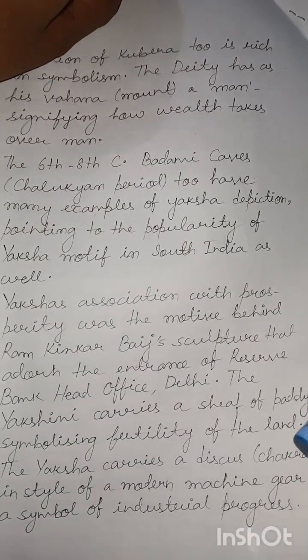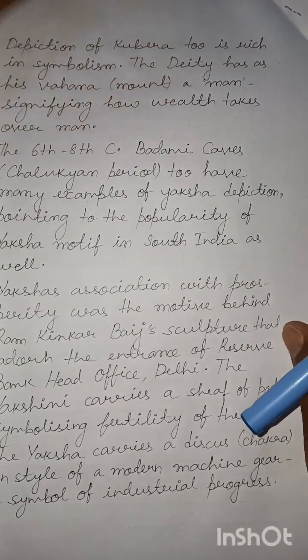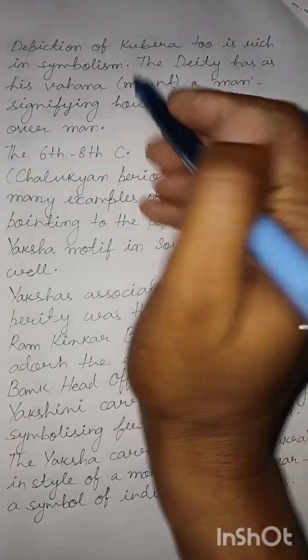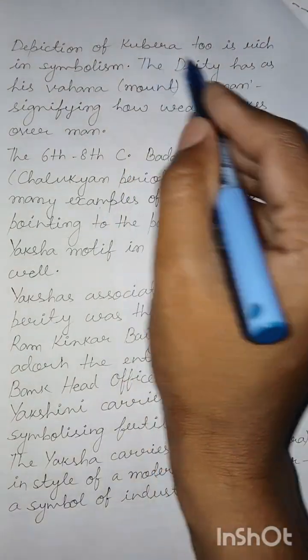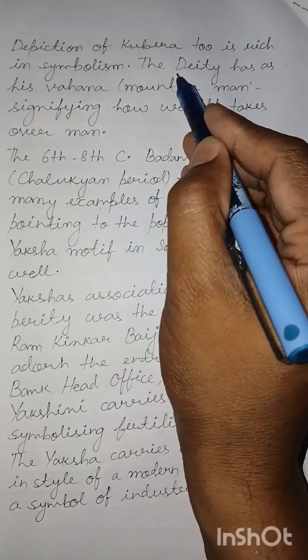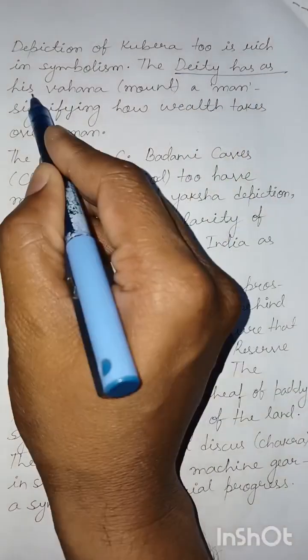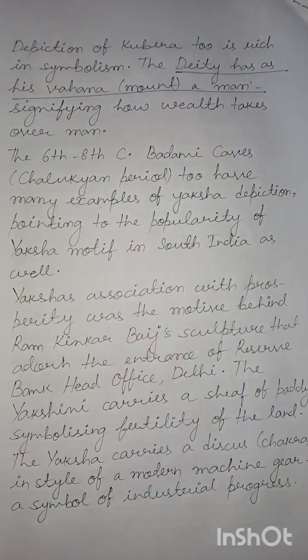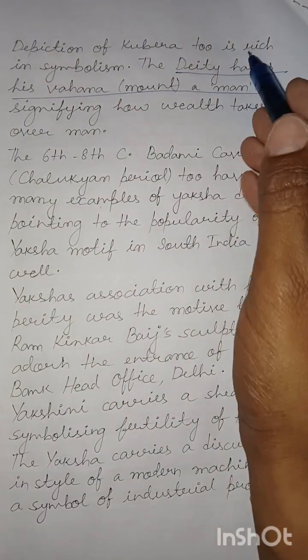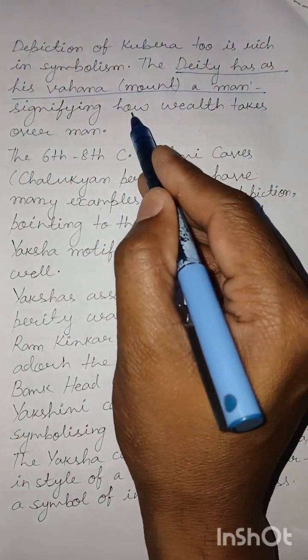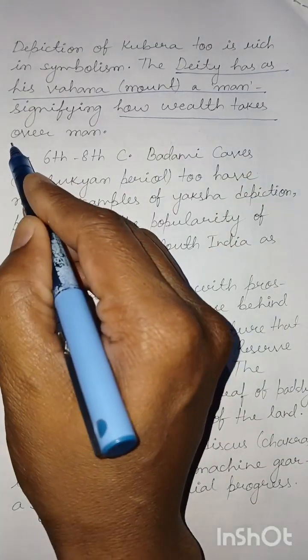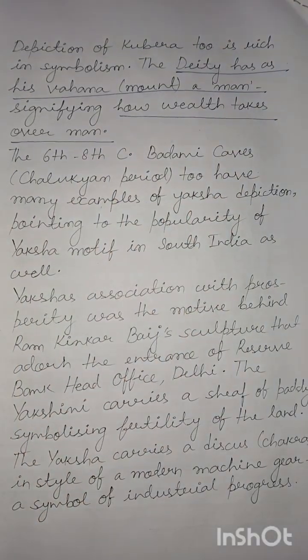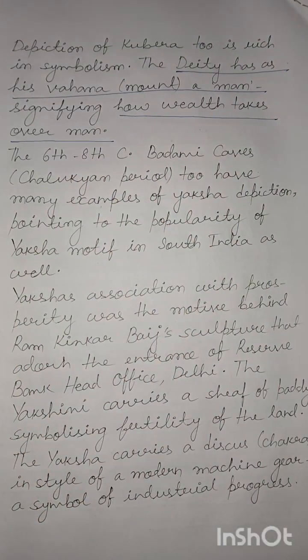Then coming to the depiction of Kubera, who is often considered the chief of Yakshas. Depiction of Kubera too is rich in symbolism. The deity, that is Kubera, has as his vahana or mount a man, which, as you can understand, would signify how wealth takes over the psychology of man. This point is depicted by the typical statue of Kubera, who is shown mounted on the shoulder of a